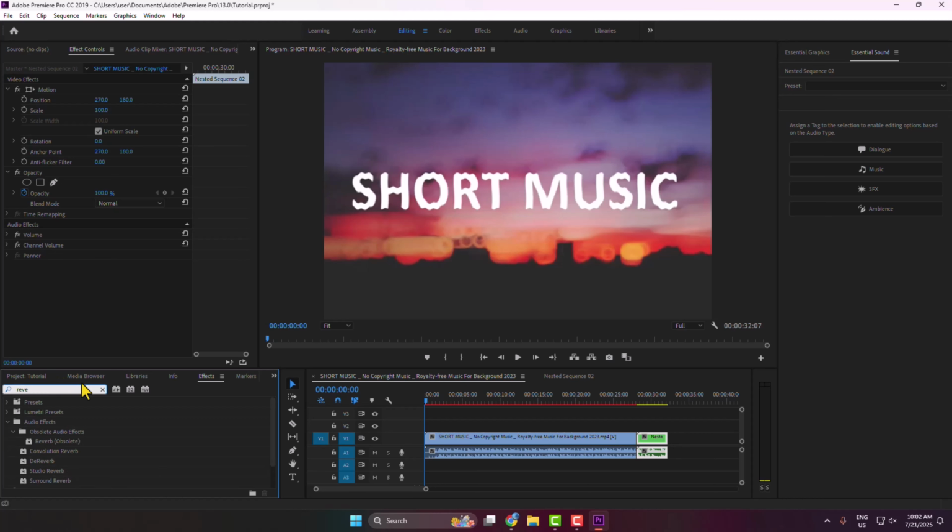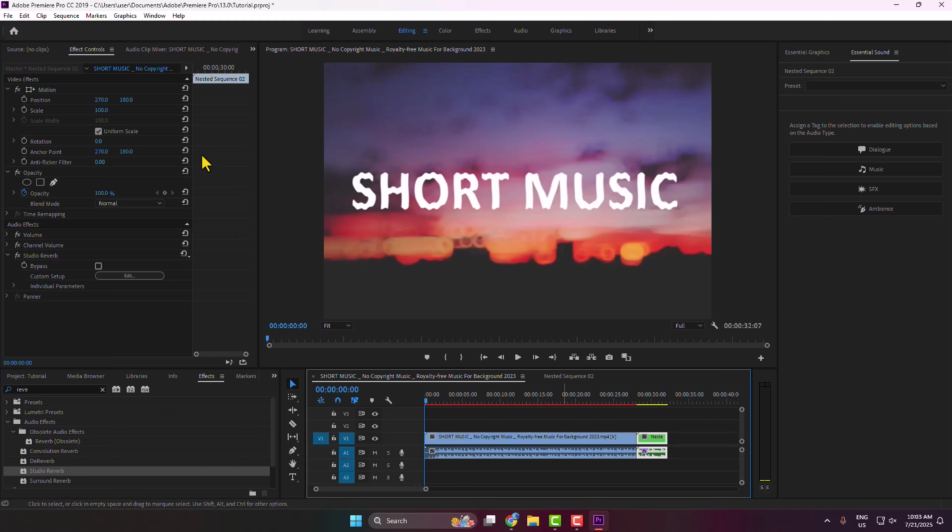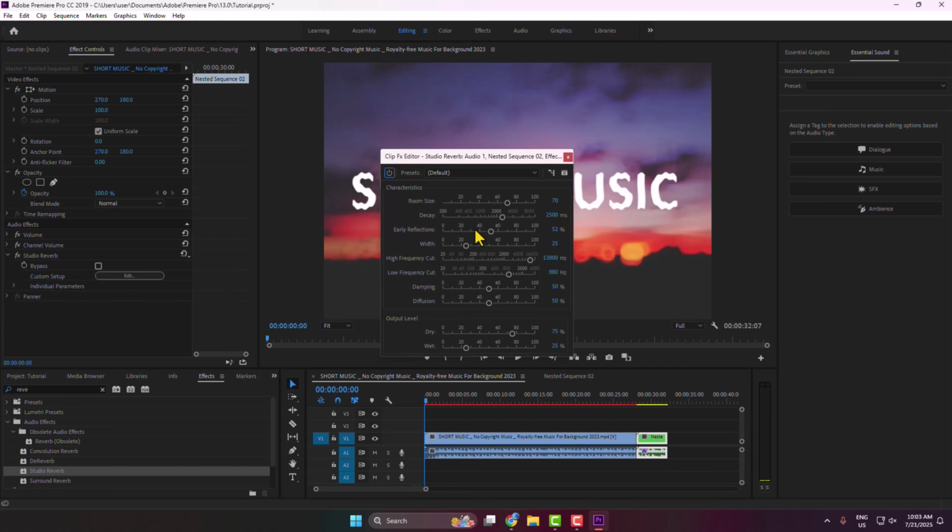reverb and add this Studio Reverb effect to your nested audio clip. Then select the nested audio clip, go to effect controls, click on edit next to custom setup, and here you have to increase this decay to maximum ms and then increase this